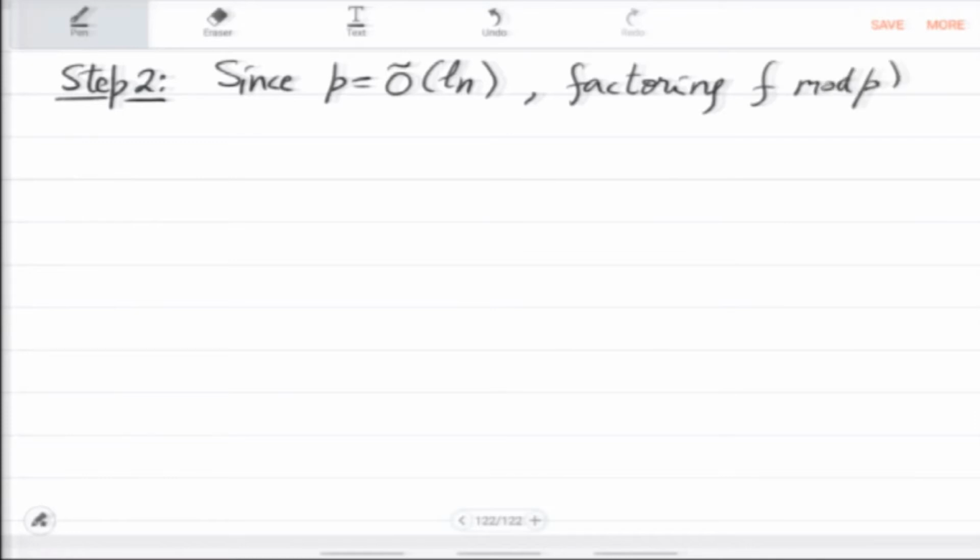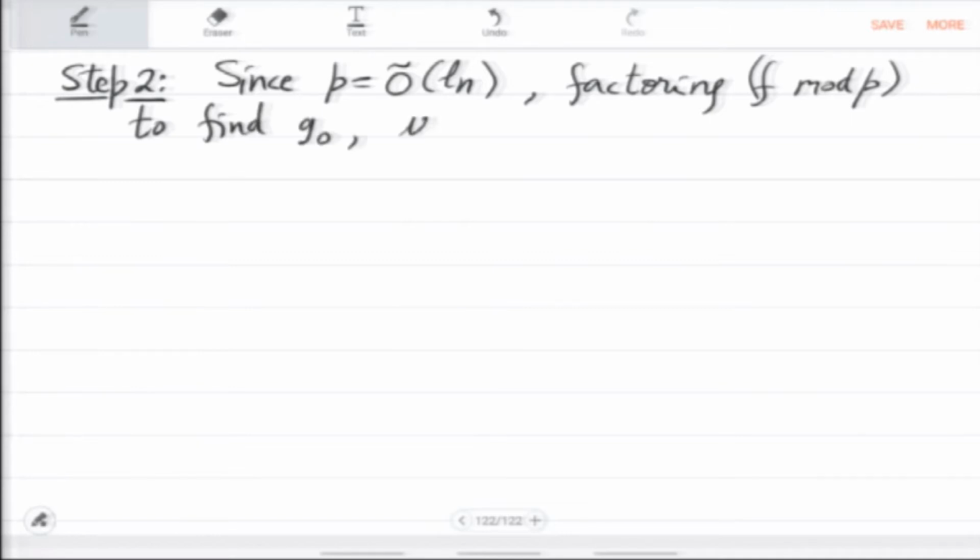Since p is Õ(ln), it is around L times n in magnitude, factoring f mod p by Berlekamp,